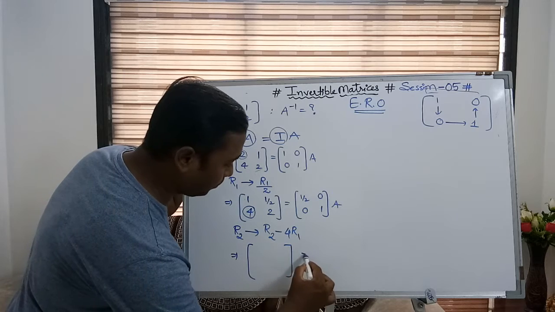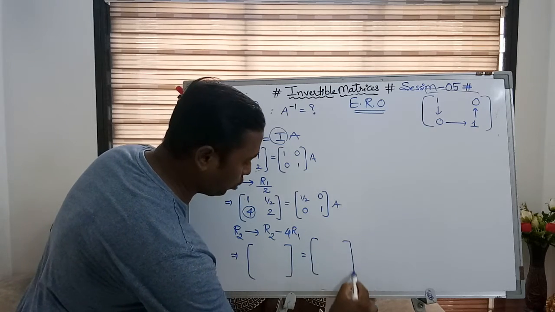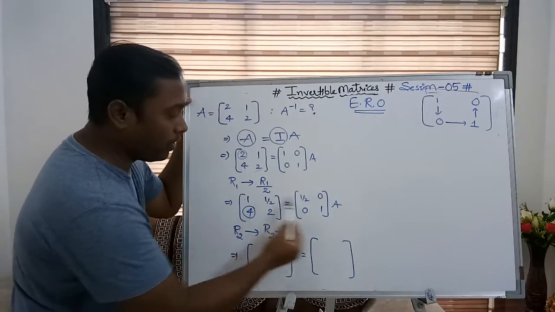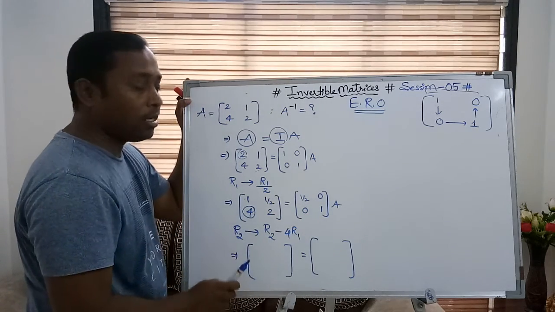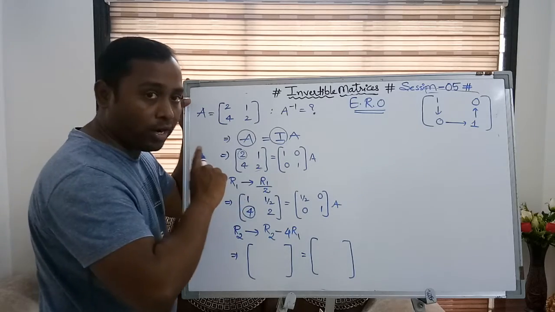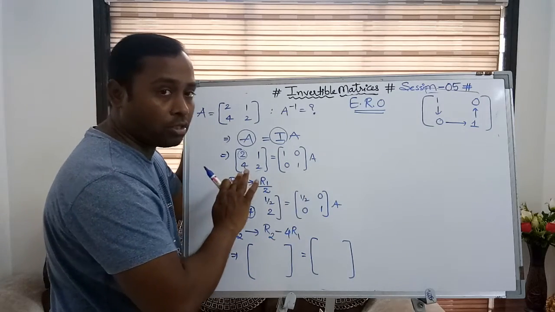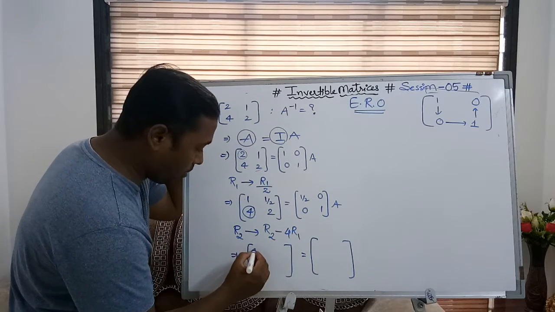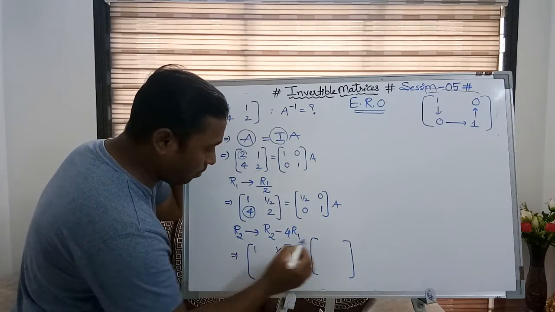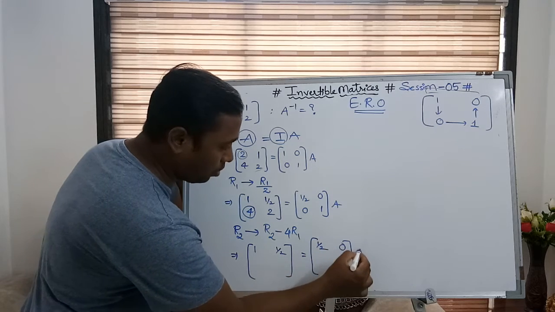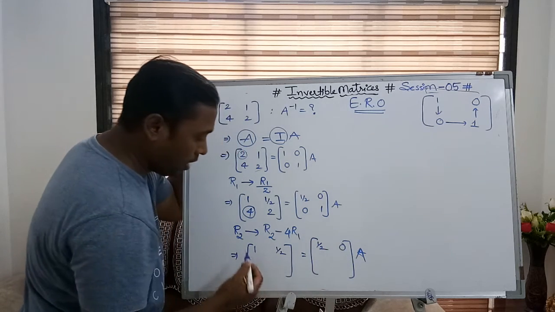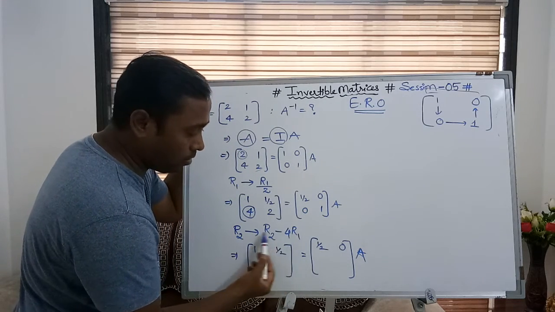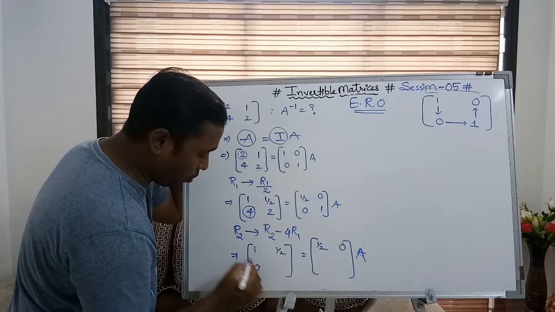Which row are we going to change? This time R2 is going to change. Hence R1 will remain the same. It means that at a time, in every step, only one row changes entirely, and the other rows remain undisturbed. Remember that. Right? So R1 will remain the same. I am writing the R1 elements as they are without any change. Now I am going to change the R2 elements by applying this operation. So it will become 0.